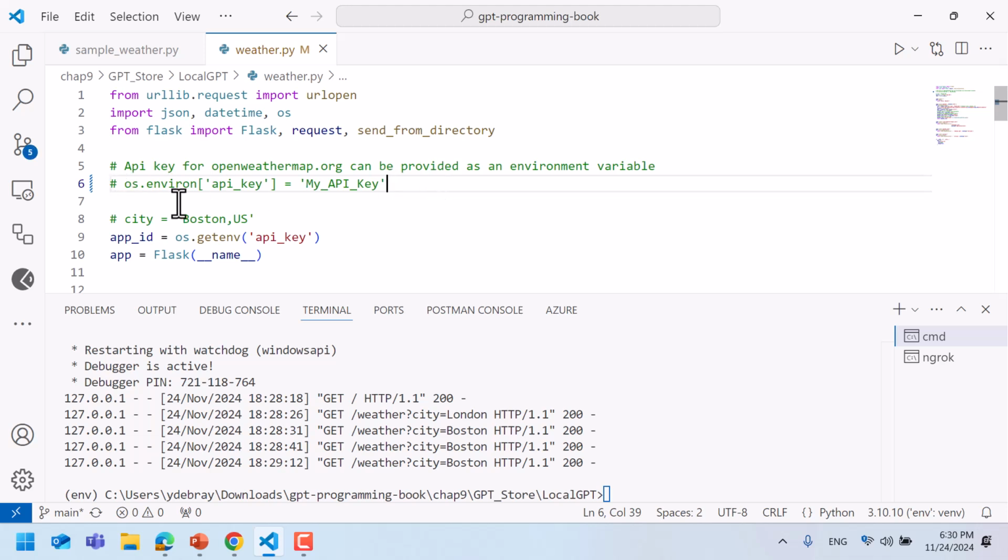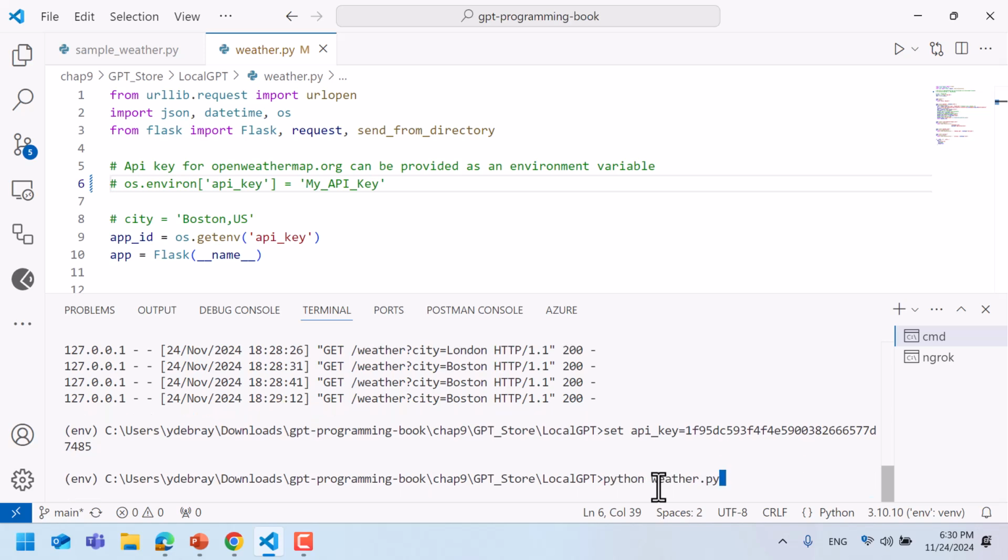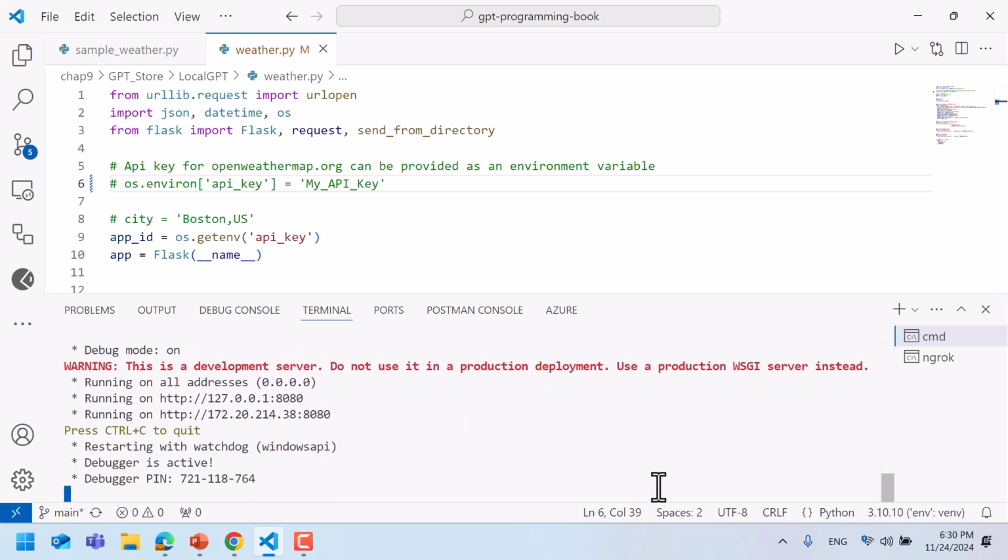I'm going to comment this line that is setting an environment variable, and I'm going to do that here instead inside of the terminal. So I'm going to use the set command in Windows. For Mac and Linux, it's going to be export. I'm going to say API key equal, and then pasting the API key. And now that I've done that, if I go and spin up my server again,